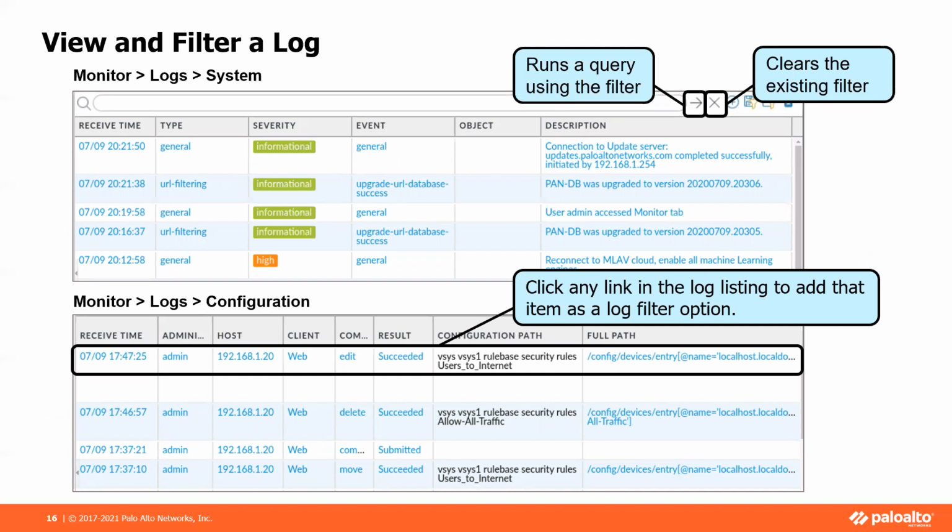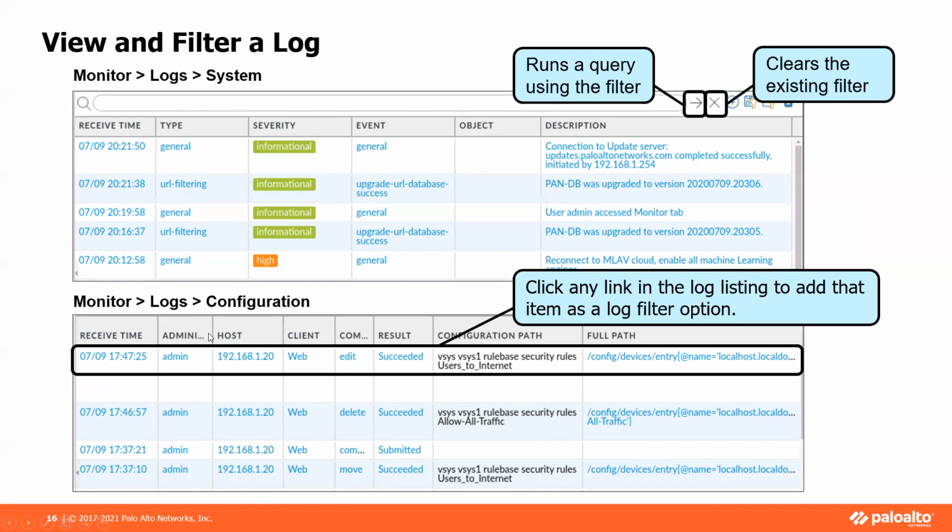You can run queries at the top if you want to filter something out. You need to click the X to clear the filter. It's common across the entire Palo Alto interface, the same style. You can click on any one link in the log, and it's going to add that item as a log filter option. So if I click on, say, admin under this administrator section over here,